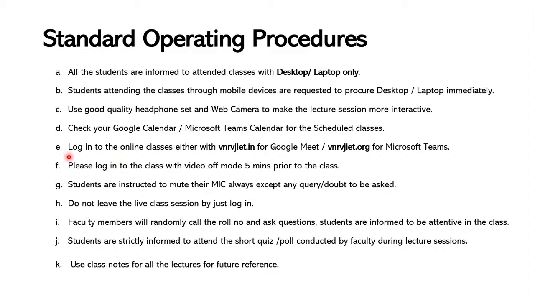Now, there's one more very important thing that you must understand and take note of right now. Once you are a part of VNR VJIT, you will be given a VNR VJIT email ID, which will end with vnrvjit.in for Google Meet or vnrvjit.org for Microsoft Teams. So you will have those two email IDs. These two email IDs are very precious for you whenever you are logging into your online classes. So please keep these two email IDs very carefully and maintain proper